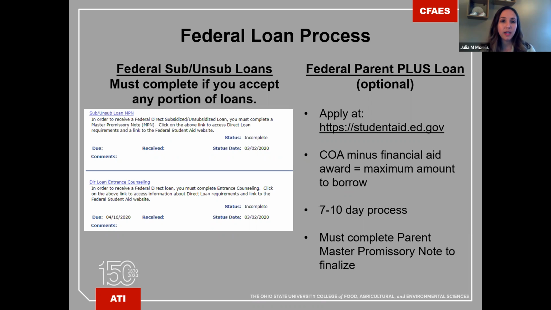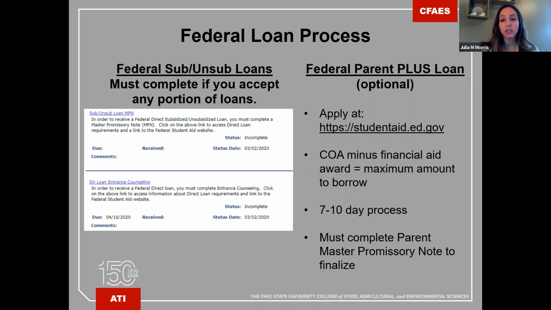And from there, you'll log in with your FSA ID number. So students, make sure it's your FSA ID, not your parents'. It takes about 20-25 minutes each to get those items done. On the right-hand side there, you'll see more about Parent PLUS loan information. I do have the direct link to Federal Student Aid.